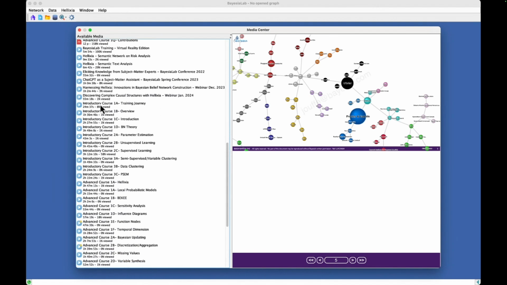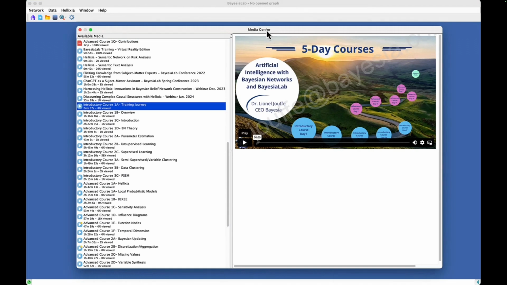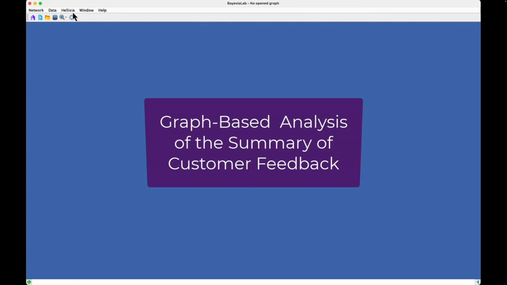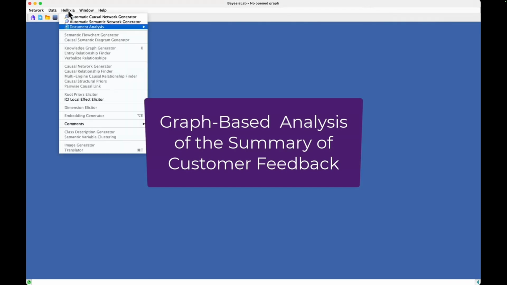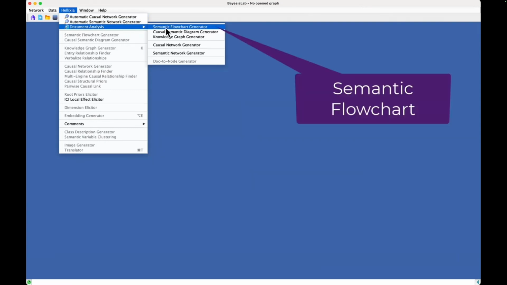For those who have a commercial license of 1 year, you should have access to these resources. It's included in the package. So now I'm starting by analyzing my document, the summary of the feedback of the customers. I'm going to Hellixia, going to document analysis, and choosing my semantic flowchart generator.